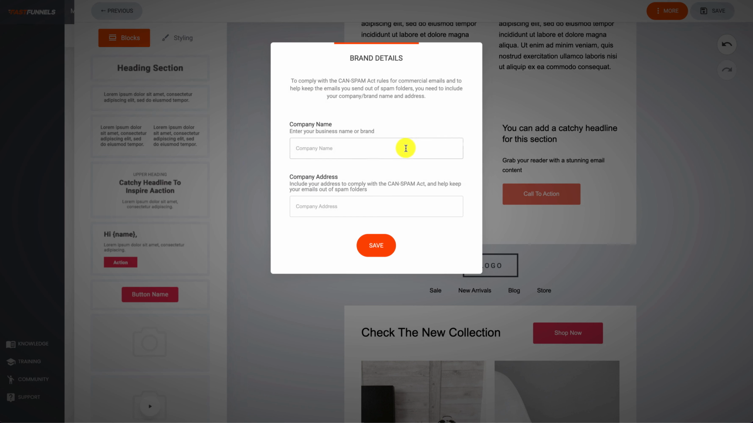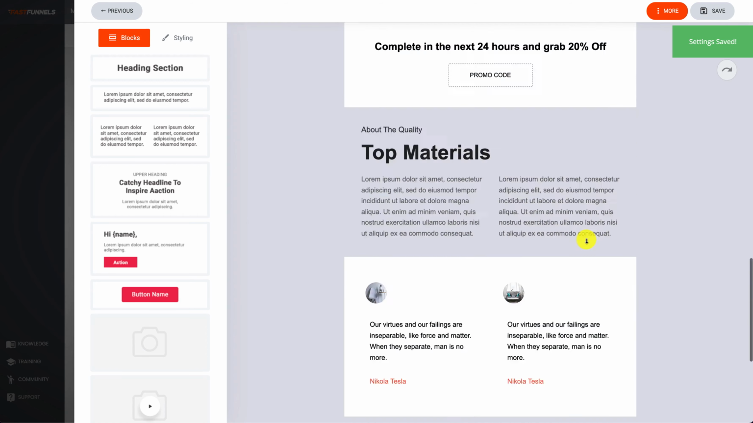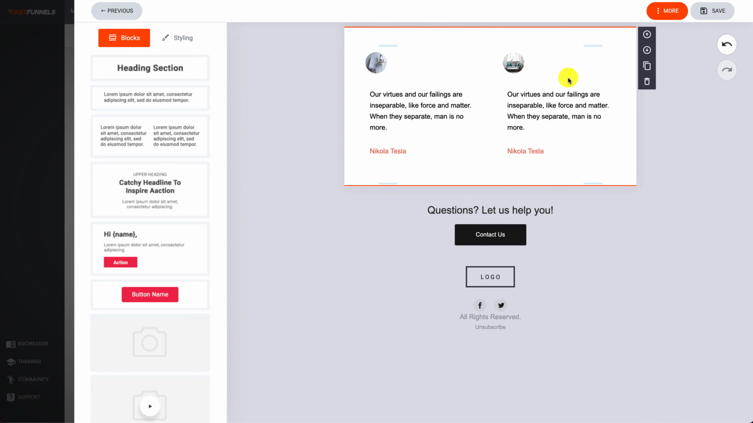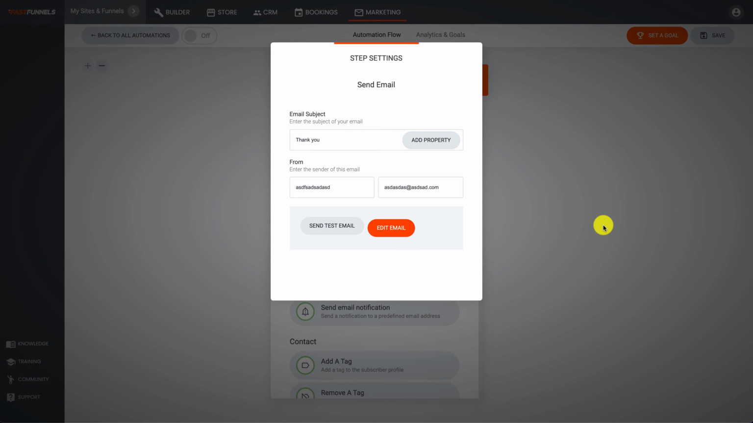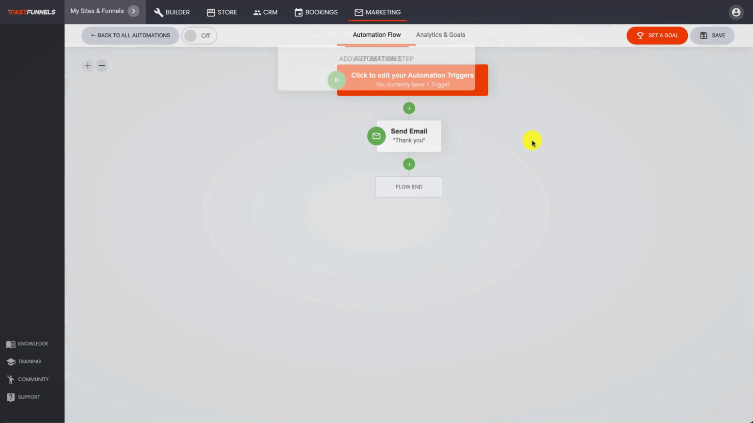Once you've got the email correct, you'll need to enter your company name and your company address. It will go at the bottom of the emails when the email gets sent, so that you don't get in trouble for spamming people. You need all the necessary details on your email about who you are. And there we go. We've now set up an email to go out to the person who has opted in